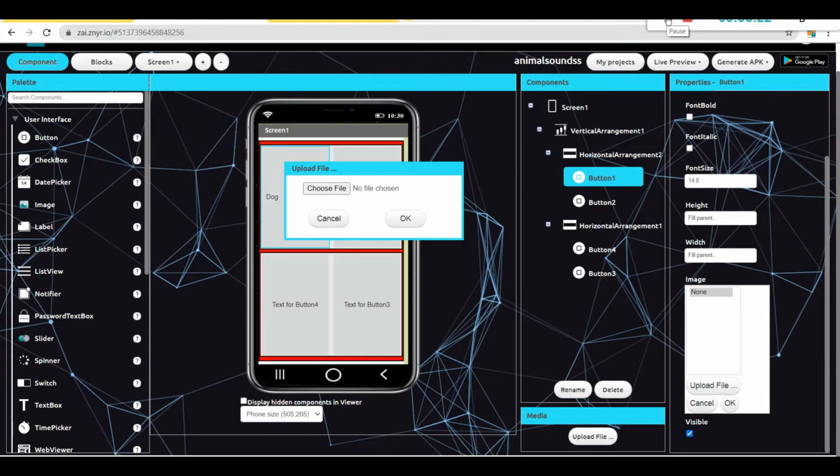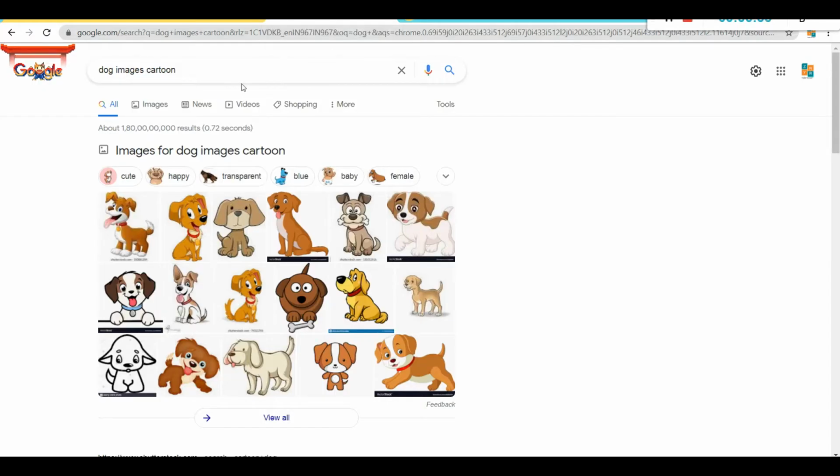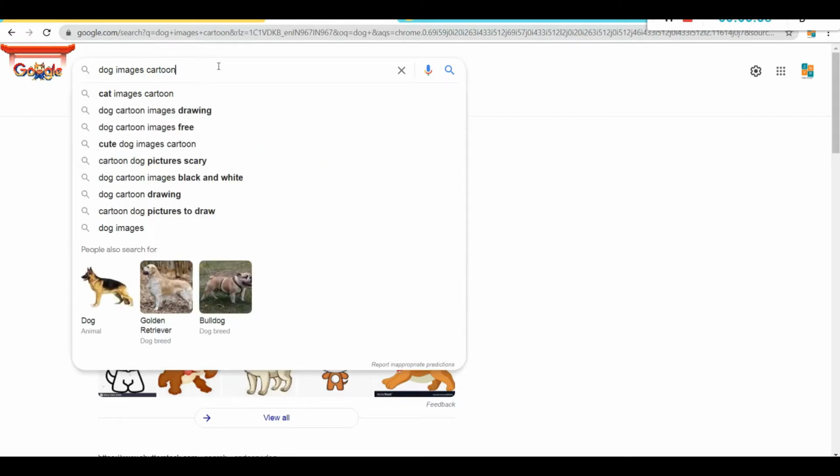I have already downloaded the images of the animals which I required. If you want to download images, just go to the browser and type whatever images you require. I can show an example. See, in the browser I have typed dog images cartoon.